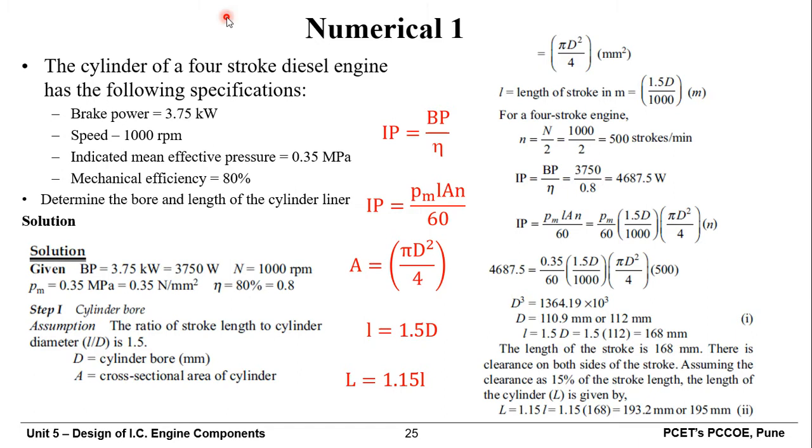So first of all, always remember to read the problem carefully, write down the given data, and find out which are the relevant equations that you can use while solving the problem, and the known values you need to put into the respective equations. Then combine different equations, as we did here, and once you combine, just go on simplifying, and upon simplification you will get the desired values, in this case the bore diameter and length of the cylinder.